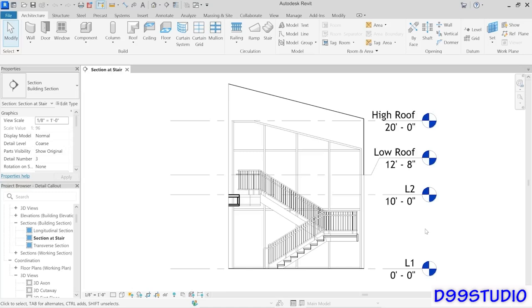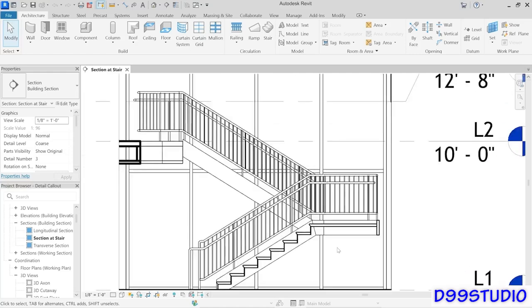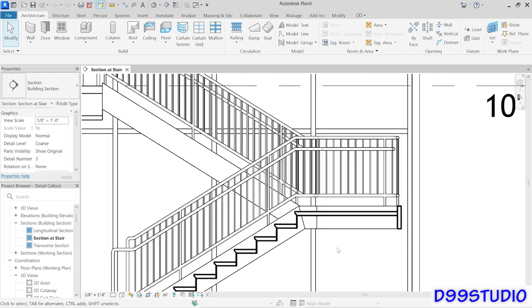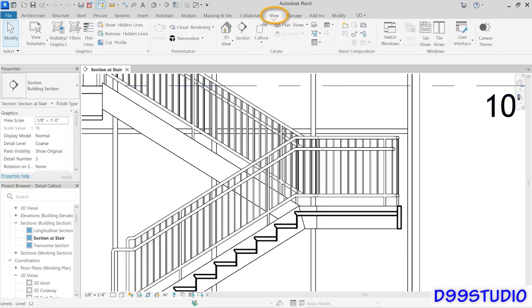So I'm starting in a section at stair, and the detail I want to create is going to be of the stair landing condition. So I'm going to zoom in generally in that area, and then I'm going to create a callout view of